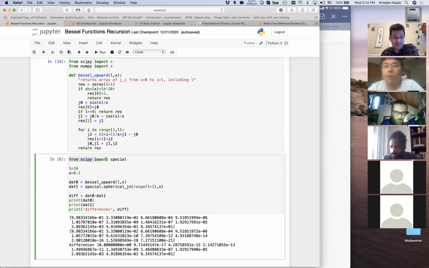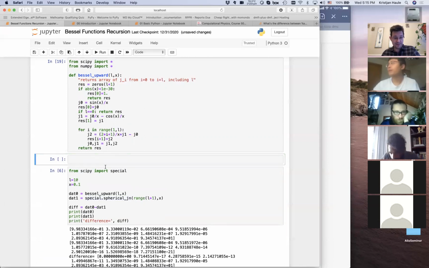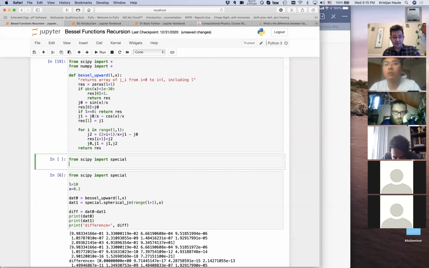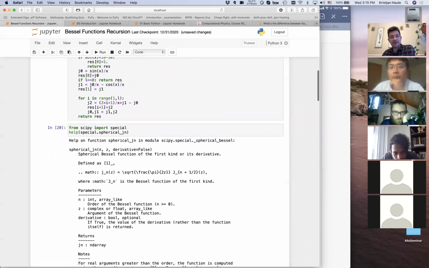So if we import from SciPy the so-called special module, this module contains, among others, the Bessel function under the name spherical_jn. Let me check first: from SciPy import special, and then I can do help of special.spherical_jn,